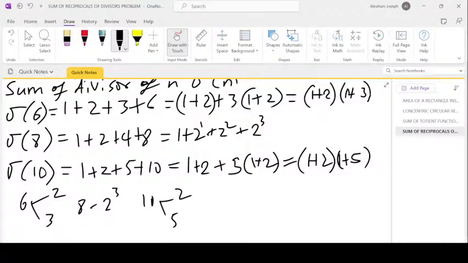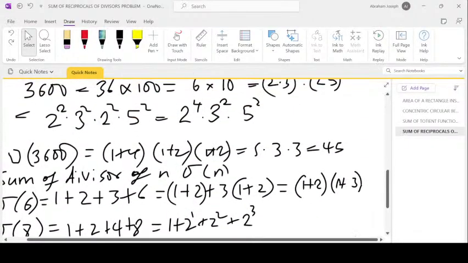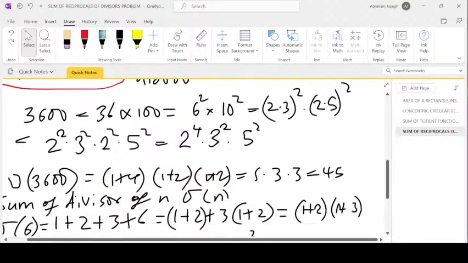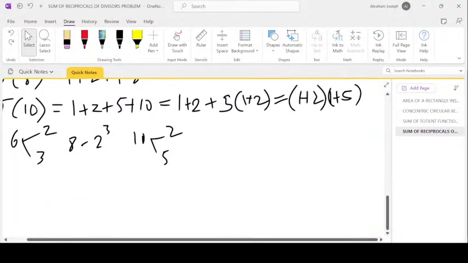So it is more like if you are finding the sum of the divisors of a number, once you can prime factorize the number, then the sum of the divisors is the product of the sums of the powers of each prime, ascending from 1 to the highest possible value. So now let's go to the number we are given. Okay, so the number is 2 raised to 4, 3 raised to 2, 5 raised to 2. So similarly, it means the sum of the divisors for